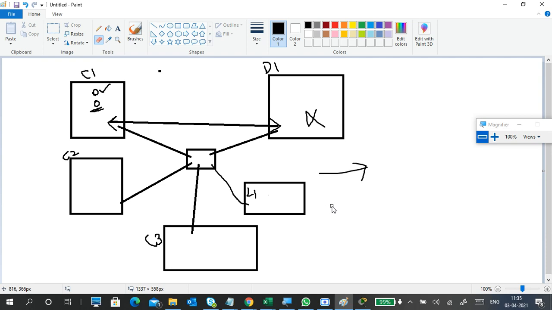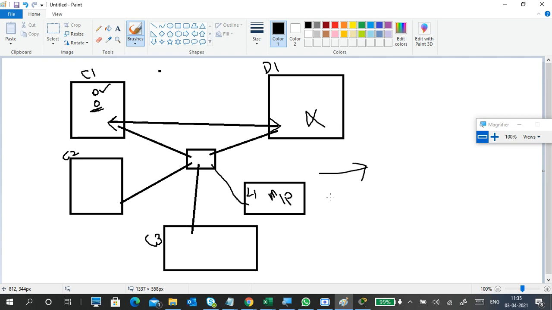What is it? You no need to maintain a constant IP address in your system. Wherever you go, wherever you connect, that local DHCP server will give you an IP address. For example, if I assigned a manual IP address to my PC, say I know my network is 192.168.2.something, 224 is there. So manually I configured it. Now I went to my office. I don't get an IP from that network.